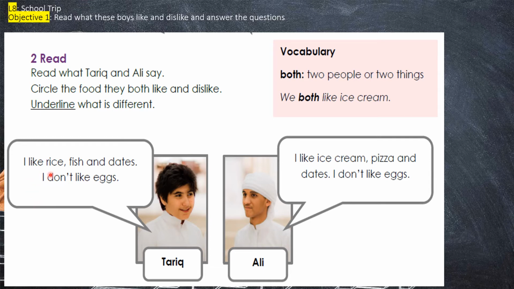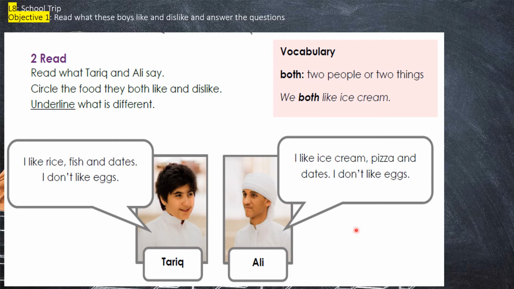I like rice, fish, and dates. I don't like eggs. So we know about Tariq that he likes rice, fish, and dates, but he doesn't like eggs. What about Ali? I like ice cream, pizza, and dates. I don't like eggs. As we can see here,